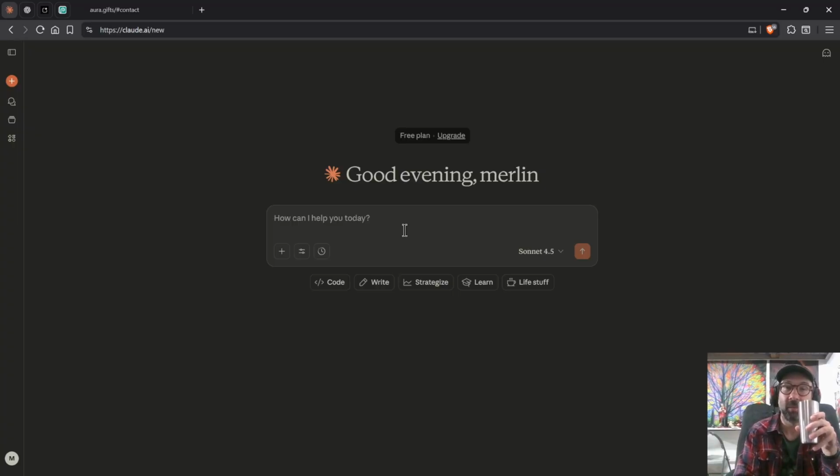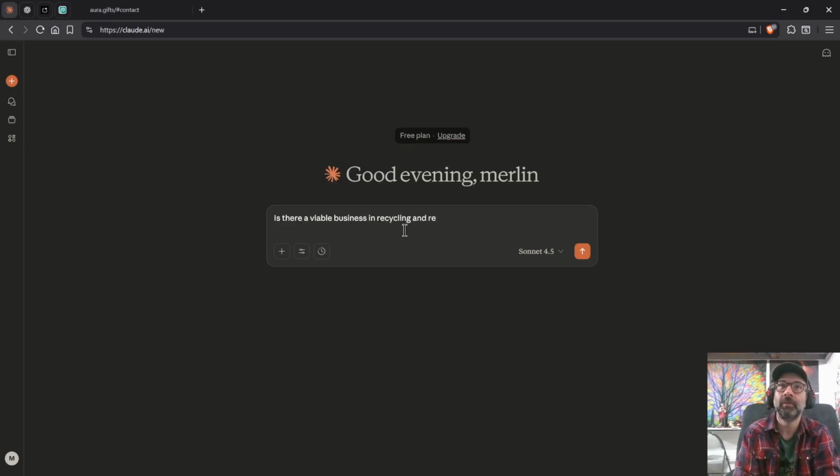This is especially important for things like Nano Banana, as it's very difficult to get it to fix something versus just starting over at the last step that you were happy with. So let's just ask Claude. I'm not going to do extensive research on this, even though I could, but I don't think it's necessary. Is there a viable business in recycling and reusing,